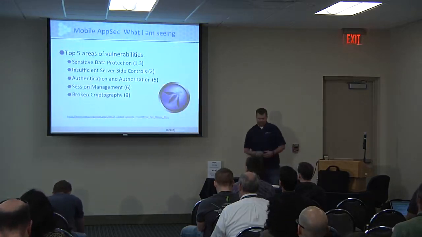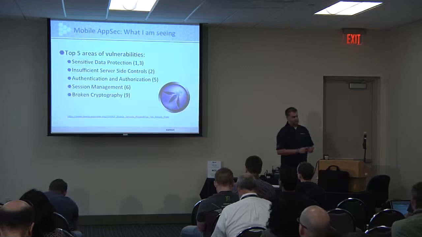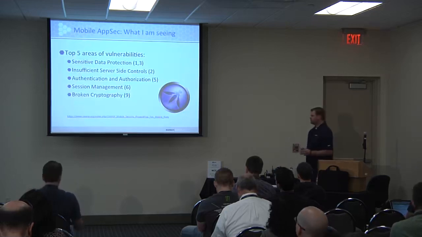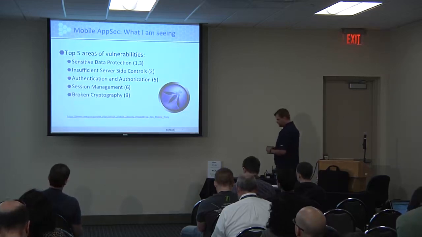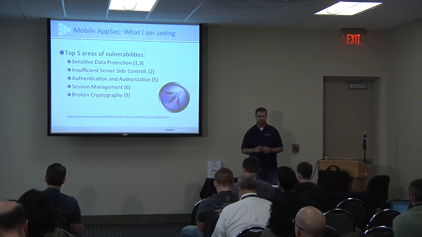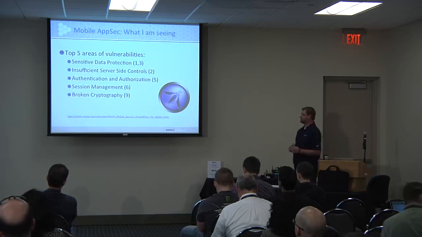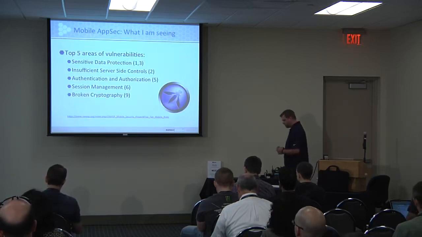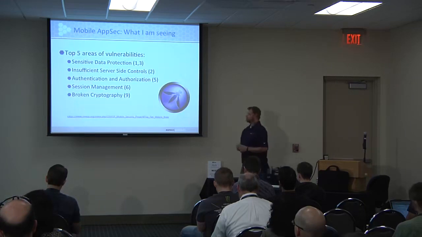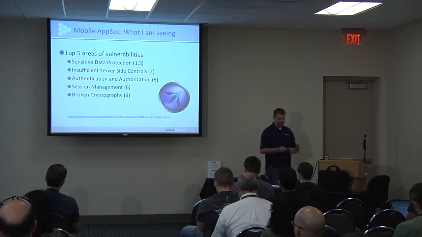So let's talk about mobile AppSec. Obviously there's the Mobile Top 10 through OWASP. It's been around for a while. There's going to be a refresh next year, which is pretty awesome. But I wanted to talk about the top 5 areas that I'm seeing and some real simple things that you can do as a developer to maybe mitigate some of the issues that I continually see